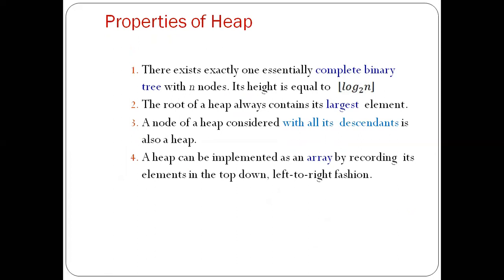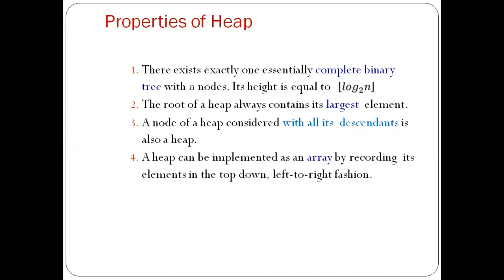We have two options, min heap and max heap; those are the two versions of a heap. We will be discussing only a max heap, which means the root node will be the maximum compared to its children. In a min heap, the root node or parental node will have a lesser value than its children. So we will discuss only a max heap, where the parental node has the largest value compared to its children.